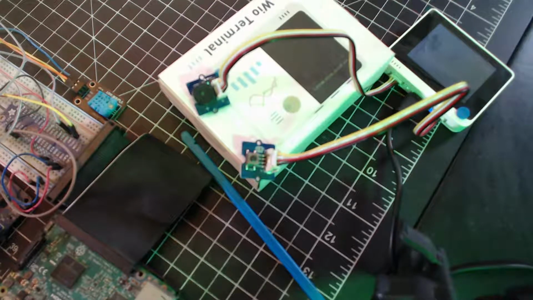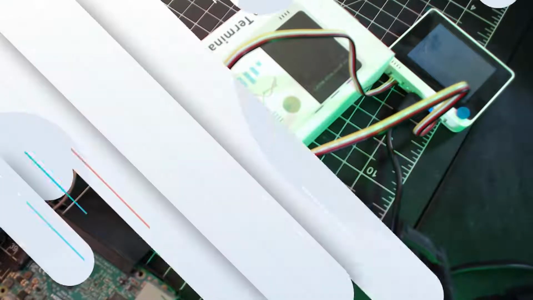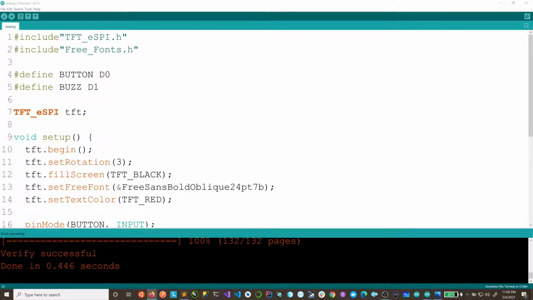Okay, so I think what I did was to change. Let's see. Hold on. I think let's change this to